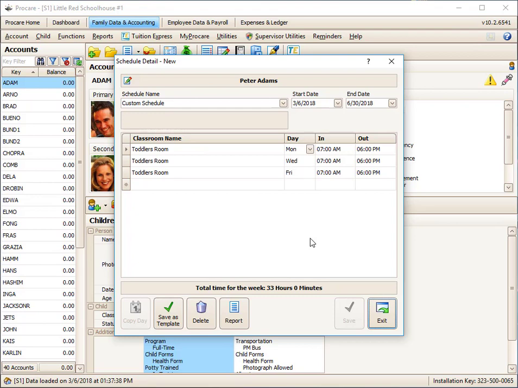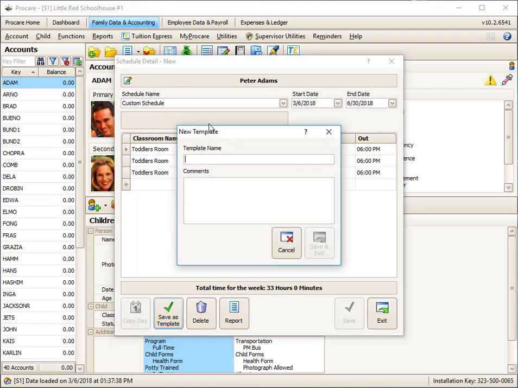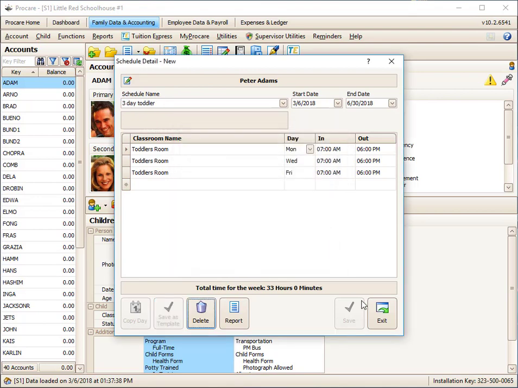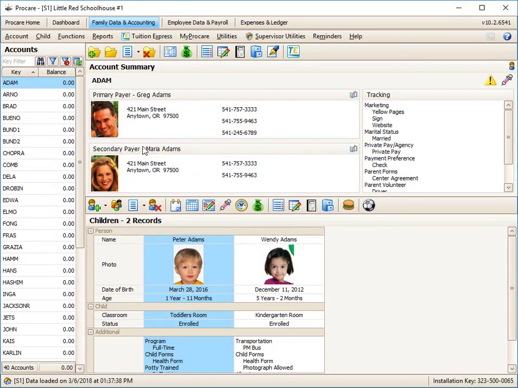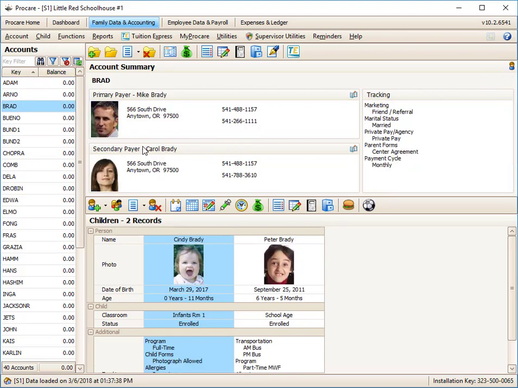3 days a week. So that I don't have to keep reinventing the wheel on any 3-day toddler classroom, I can use the Save As template, call it 3-day toddler, save it. And what that does is, let's say the next toddler I get that's on the same schedule, I'm going to down arrow till I find a toddler,